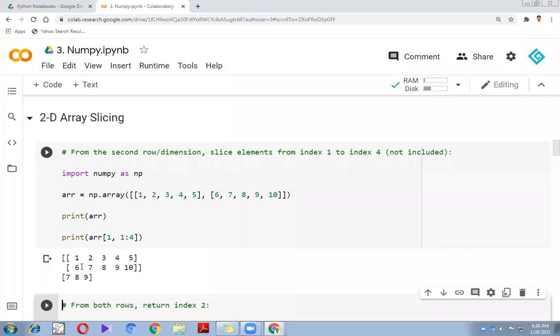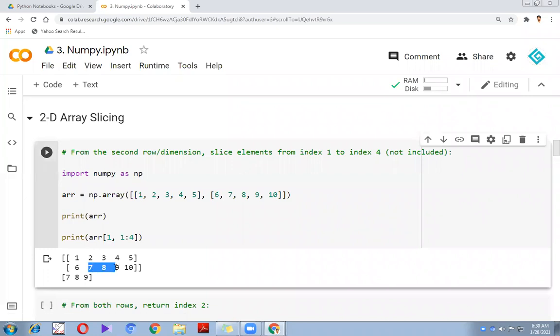So this is the first row, this is the second row. I mean zero index and one index. So I have mentioned one index, which is the second row. And then I have mentioned 1:4. So this value, one index, two index, three index. Right? So 7, 8, 9. Got it? Now if I would have put say